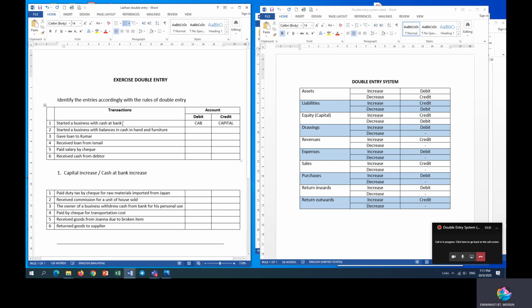Okay? So ini adalah step dalam kita mengenal pasti apakah dia dua akaun yang kita kena buka, dual effect. Kemudian cara untuk kita kena pasti status sama ada bertambah ataupun berkurangan. Kemudian kita applykan dengan double entry system, kita akan kena pasti kedudukan akaun itu sama ada kita kena debitkan ataupun kena kreditkan. Okay, so this is our first discussion on how should we apply those 3 steps in accounting entries.